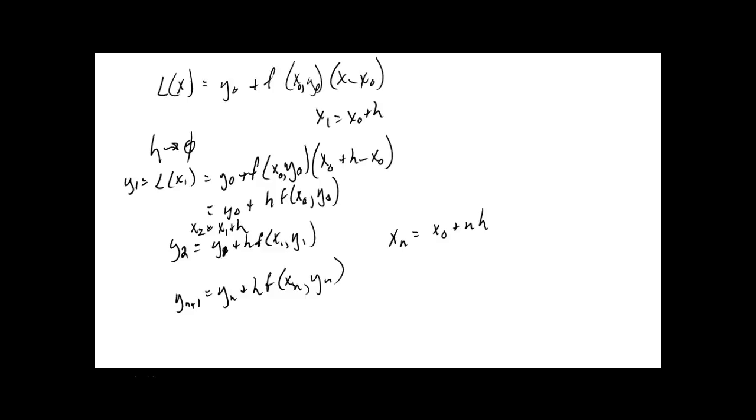A new y2. Increase your x1 by h again. In other words, x2 is x0 plus 2h. That's what that's saying. Increase that by 1, and then your y3 would be y2 plus h times f of x2, y2. That's your new y3. Increase by h again, that gives you x3. So y4 would be y3 plus h times f of x3, y3. This is how you increase your x's. This is how you increase your y's. And you just step along, a step at a time,